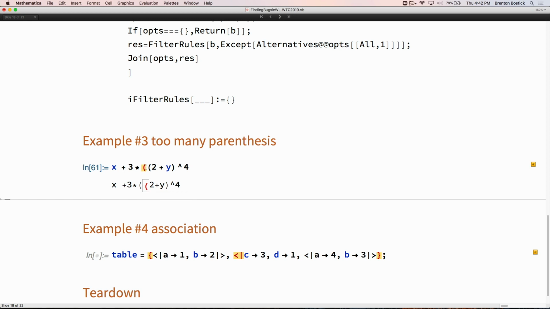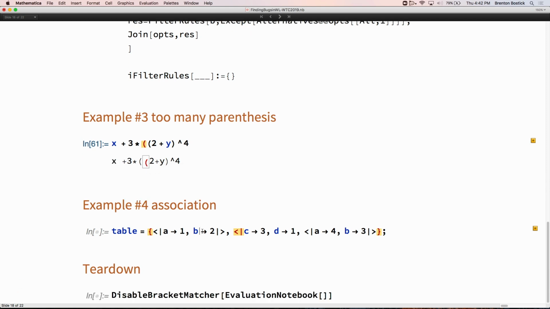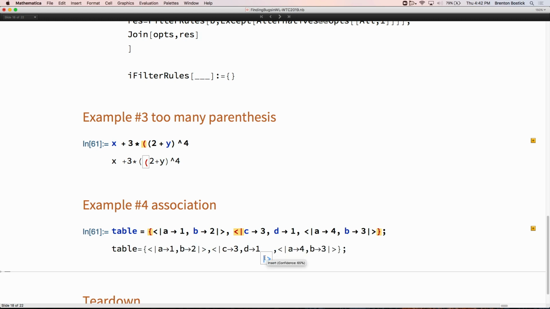I mean, obviously, it's already colored in the front end, but on principle, you probably want to delete that parenthesis. And then similarly, with 65% confidence, not as confident, you want to add the associated ending bracket there. So I think this is an interesting application because it shows the two different complementary methods that we're using, where the stuff I was showing before is more rule-based, and this is obviously machine learning-based, but they can complement each other, and they are not fighting,